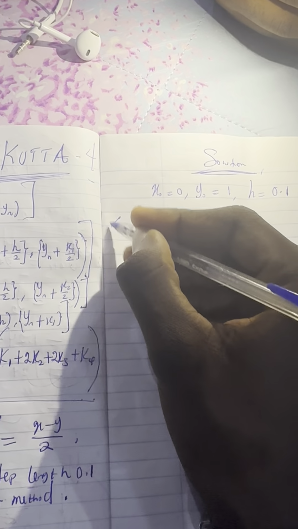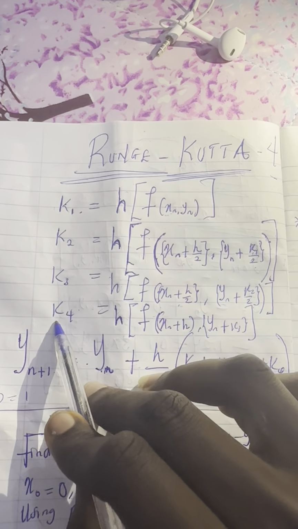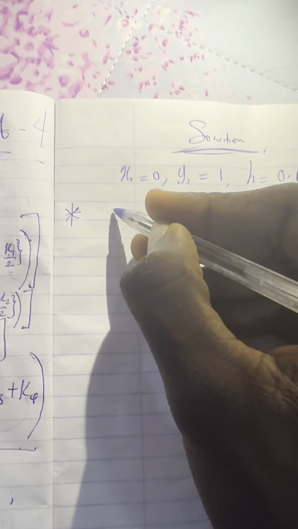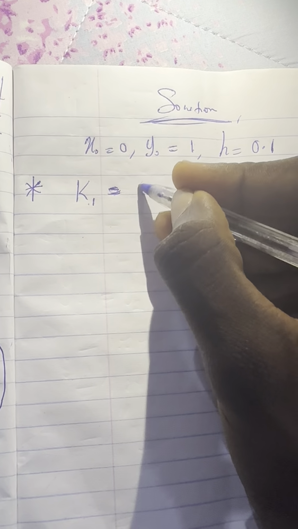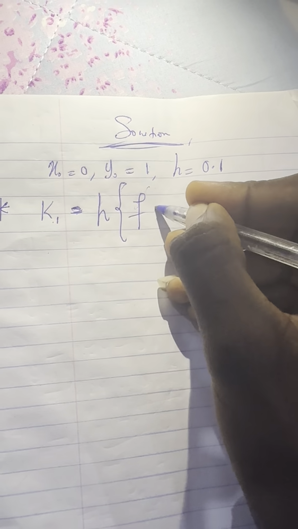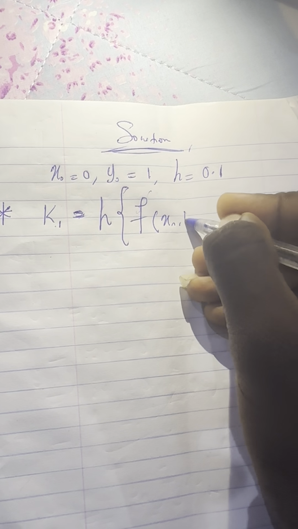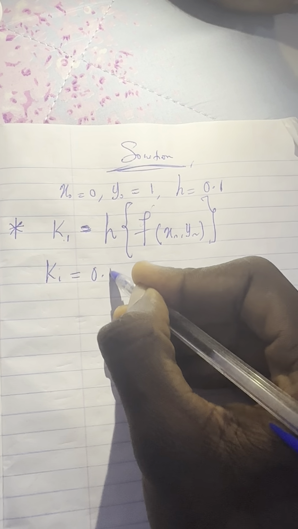So I will now start with all these 4 steps. Okay, so I'll start with K1. Without checking the formula at all, I can still remember the formula for K1. K1 says you have h multiplying f of xn, yn. Do you agree with this? So which implies that my K1 is equal to my step length 0.1,